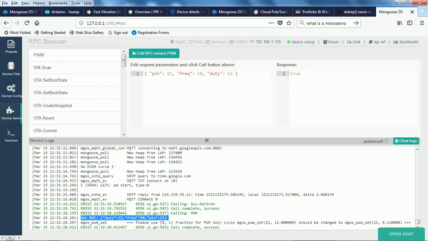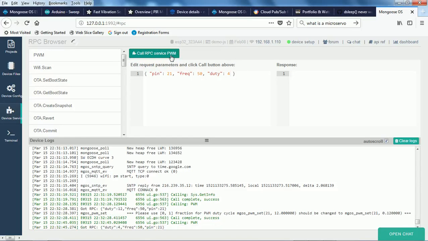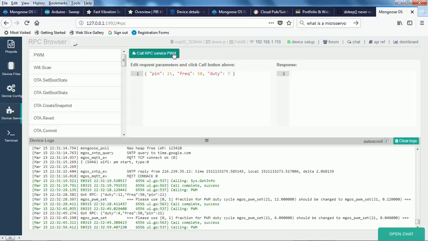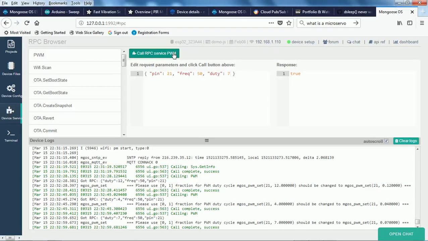I'm not currently capturing because that has already been done. If I now do it, say 4, again it got rotated. Maybe you heard the sound, and then it will show the duty, the frequency, and the pin. So like that we can control remotely the behavior of a servo motor by using a remote procedure call.